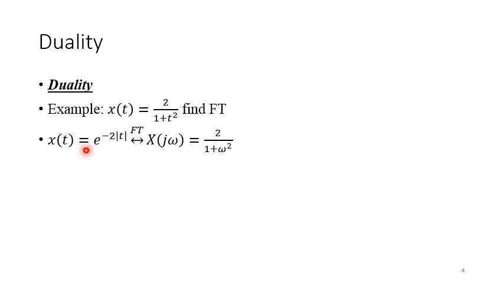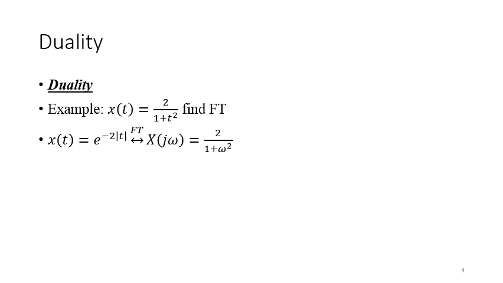We have done a similar example, x of t equals, for example, e power minus 2 times absolute of t. We found the Fourier transform for it, and it was 2 over 1 plus omega square. Because we already have this, now if you look at this, it is similar to a time domain signal where we have to find its frequency domain. It's 2 over 1 plus t square in time domain, and this is 2 over 1 plus omega square in frequency domain. So writing the equation as on the previous slide,